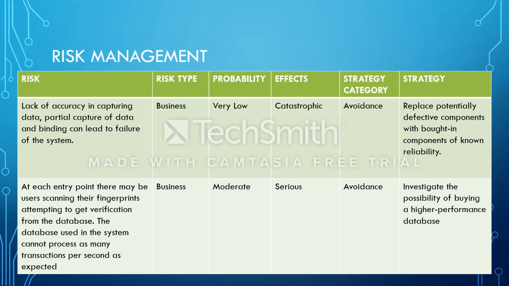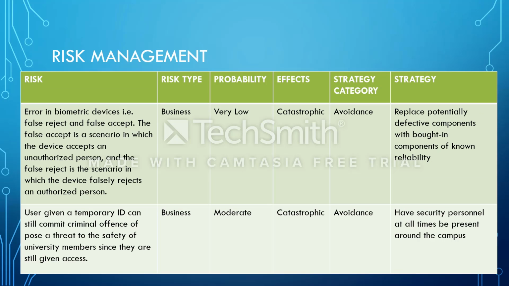If more than one user is trying to obtain verification from different entry points simultaneously, this can lead to the database not processing the transactions, as it cannot process many transactions per second as expected. This affects the operations of the campus and can be resolved by avoiding the situation by purchasing a higher performance database. If the fingerprint scanner rejects an authorized member or accepts an unauthorized member, the probability of this occurring is